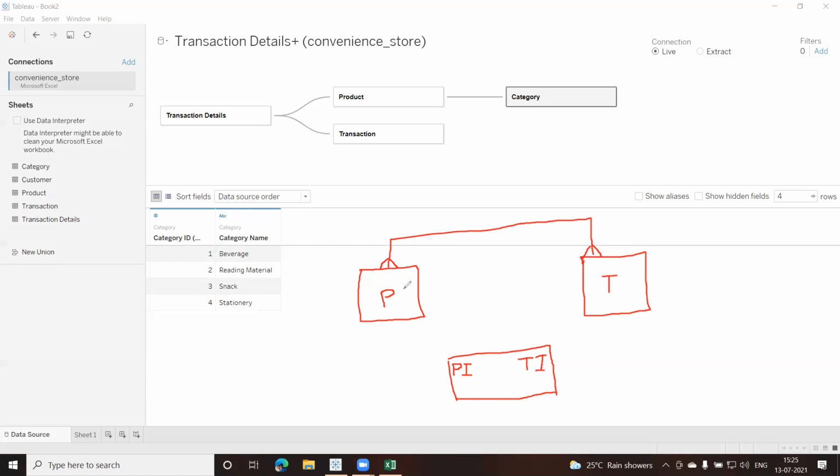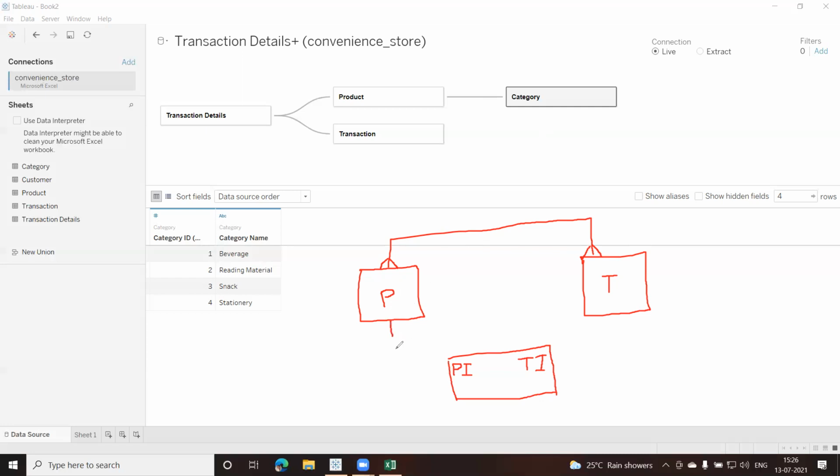Whenever two tables have a many to many relationship, the rule says you have to create another table which will have the primary key of the first table, that is products in this case, and the ID of the transaction table. We can remove this relationship and create new relationships between this and this.